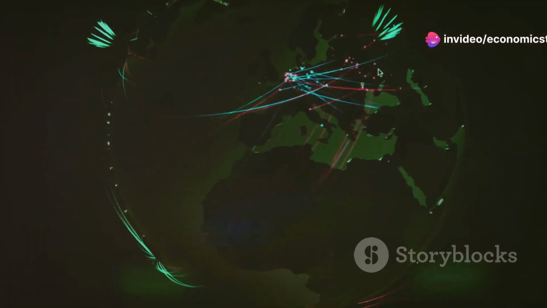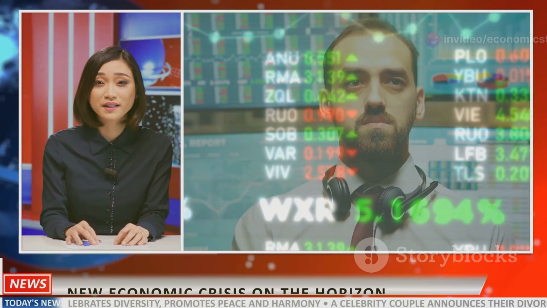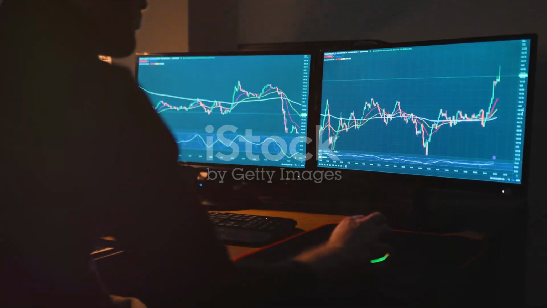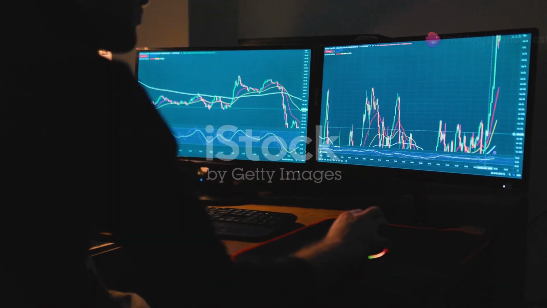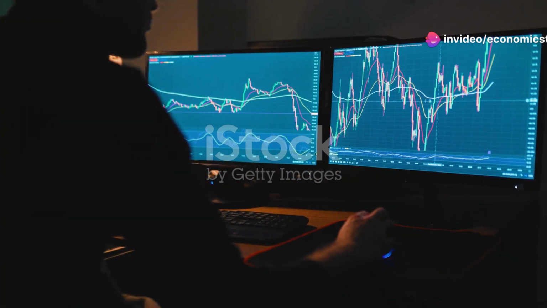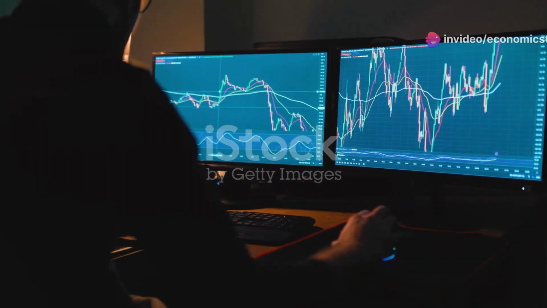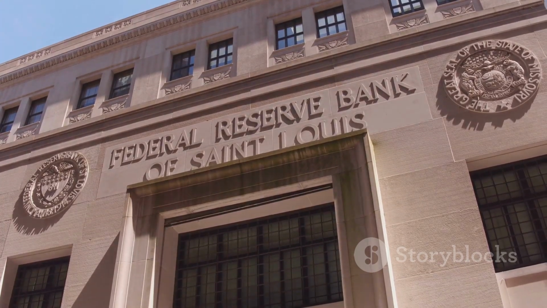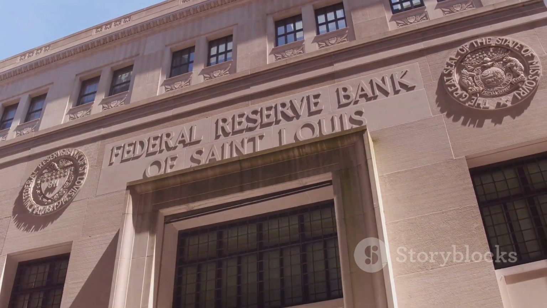The world's economies are closely intertwined. Events in one corner of the globe can ripple outward, impacting businesses, markets, and individuals far away. Understanding these global economic trends is crucial for investors, policymakers, and anyone seeking to navigate today's complex financial landscape. From the Federal Reserve's interest rate decisions to geopolitical tensions in the Middle East, a multitude of factors are shaping